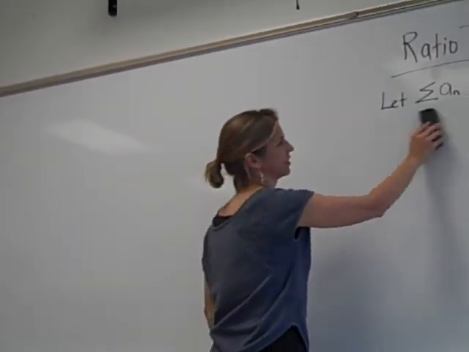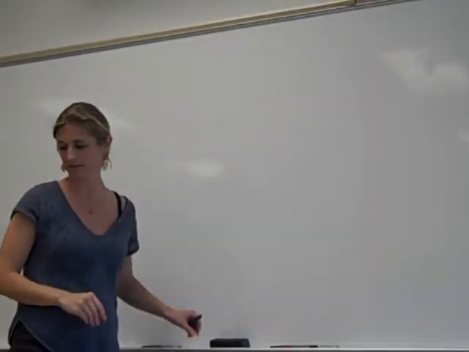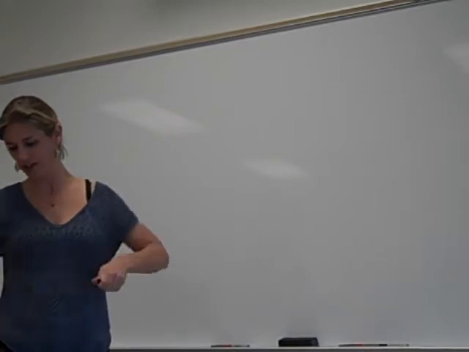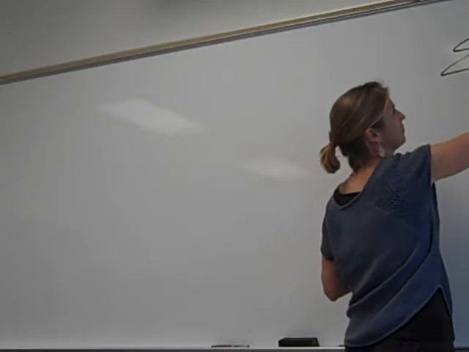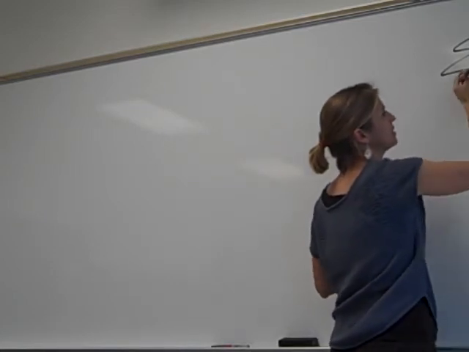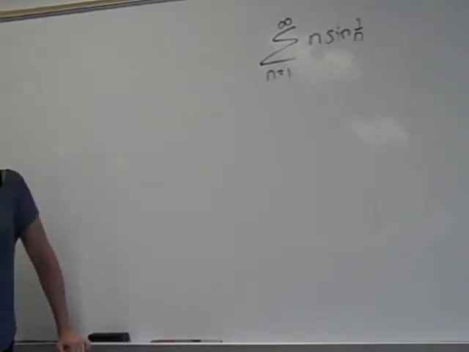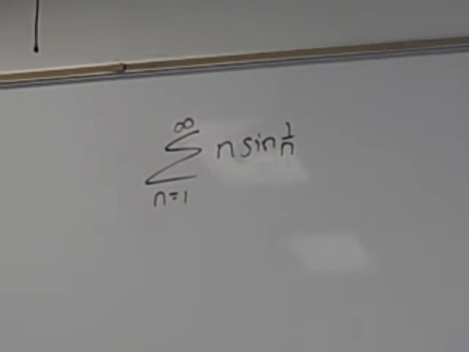Number 2 is actually a little hard. Can I give you a hint for number 2 before you really get too far? Actually, could you just write the problem on the board? Sure. So it's the series n times sine of 1 over n. You might think, if you look at this and you try to look at the limit